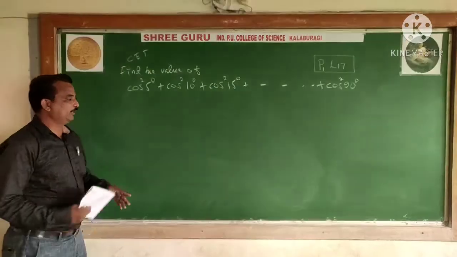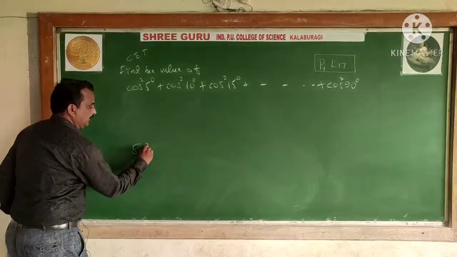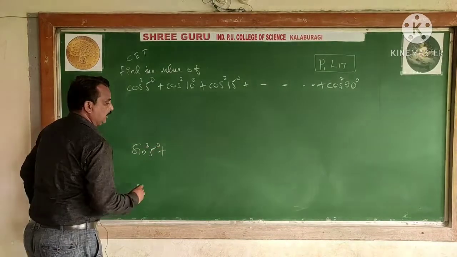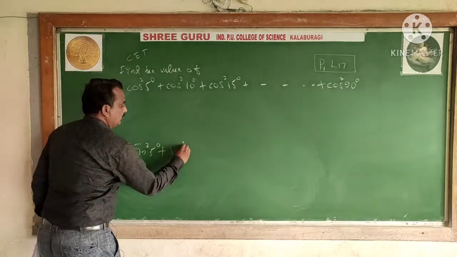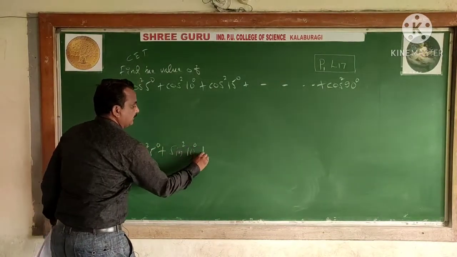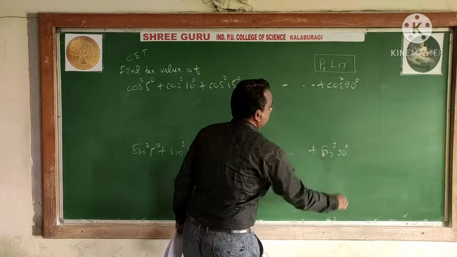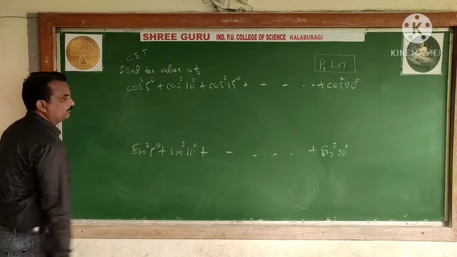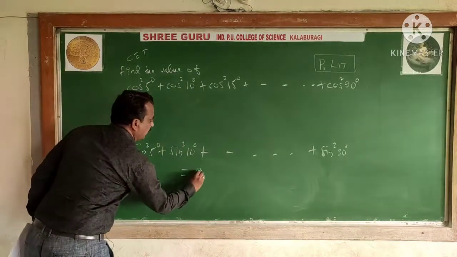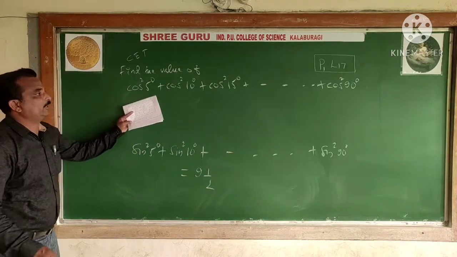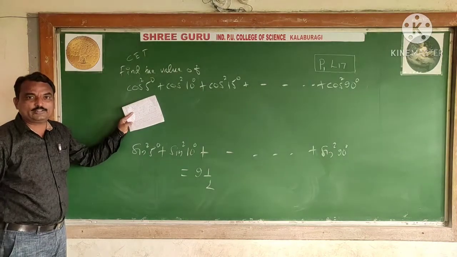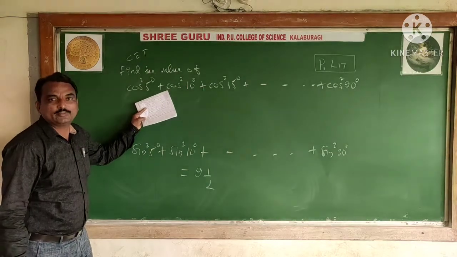So that previous one you have calculated. Here I am reminding: sin square 5 degree, sin square 10 degree, plus so on, up to sin square of 90 degree. So this is also the same term set. Here also the number of terms is the same. How much did you get? 9 1/2. What is the answer you are getting for this one here? I think the students have it. See, how much is this?